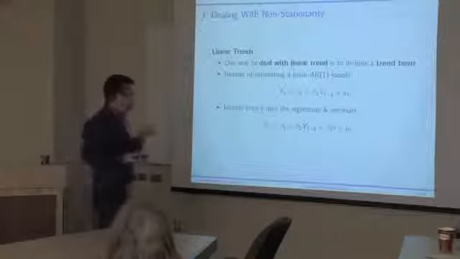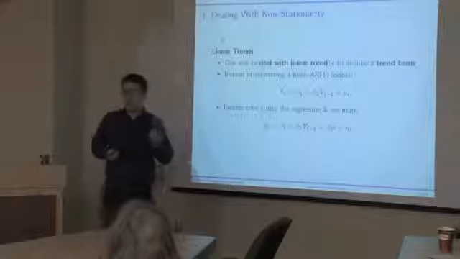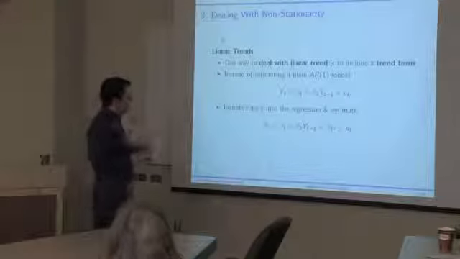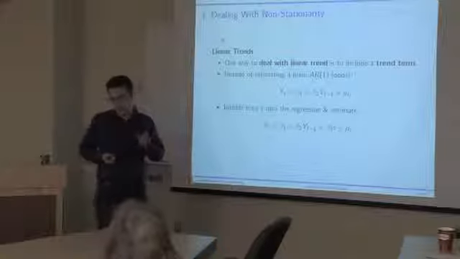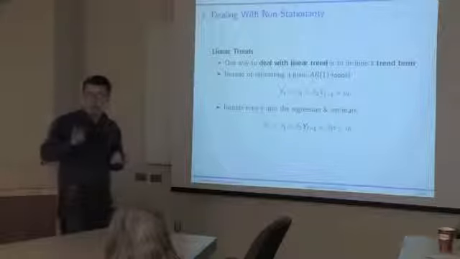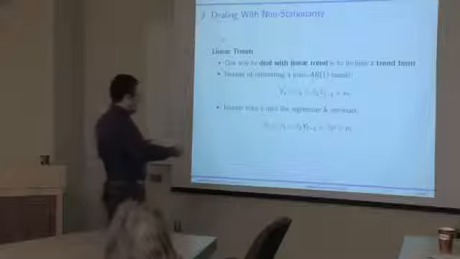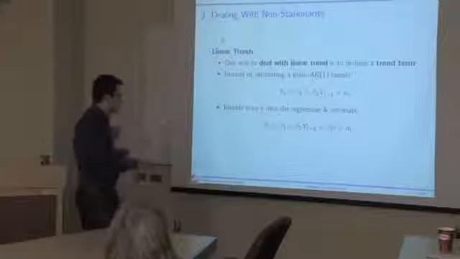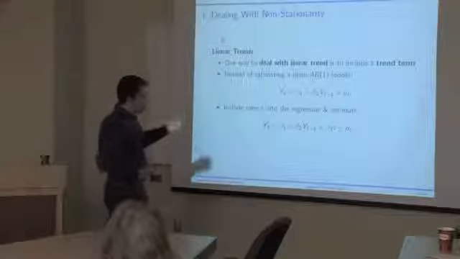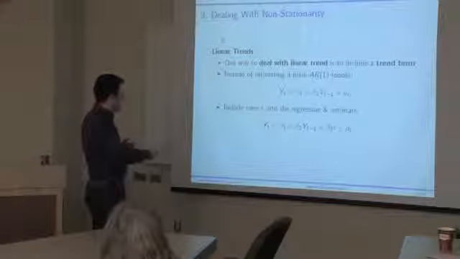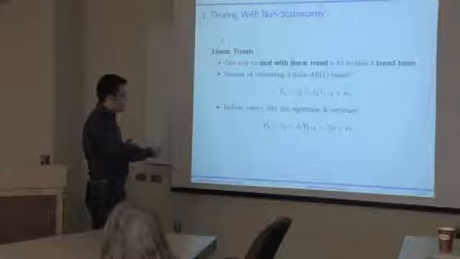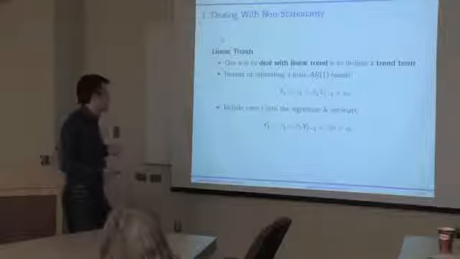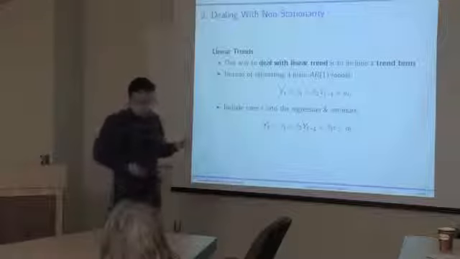So another thing which you can do to deal with the linear trend is you can explicitly include a regressor in your model which would take that trend into account, and we would call such a regressor a trend term. So if the trend in your data is indeed linear, you can include time, your t, as a regressor in your model. So it will have its own slope coefficient, beta 3. And then you'd estimate this model by regressing the level of the series on its own lag and also on time, as one of your regressors.